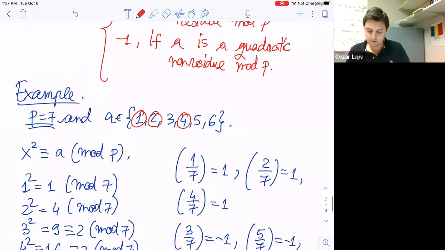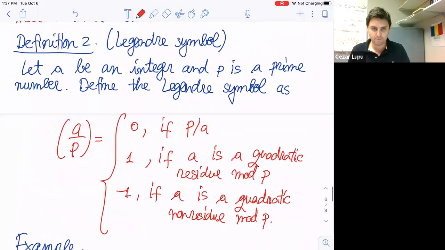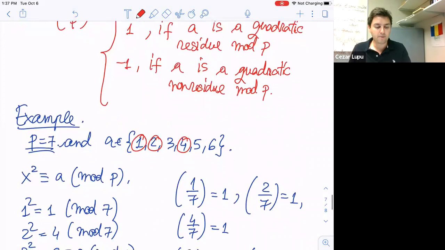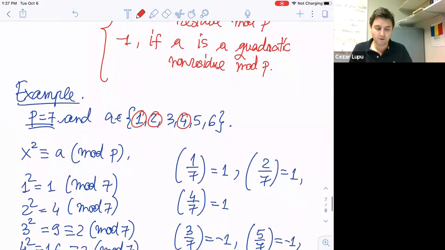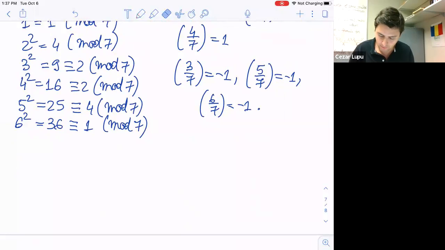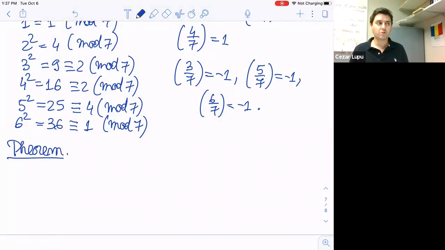Now, this is the Legendre symbol. It's a very nice way of writing quadratic residues. And now let's see some of the properties of this. Well, before I even go into this, let me show you that there is this theorem. It's a very important theorem, which says the following. The theorem says that if, okay, let P be an odd prime,